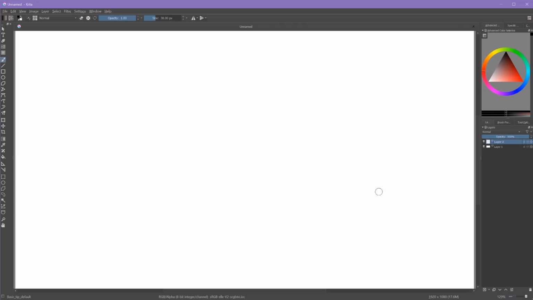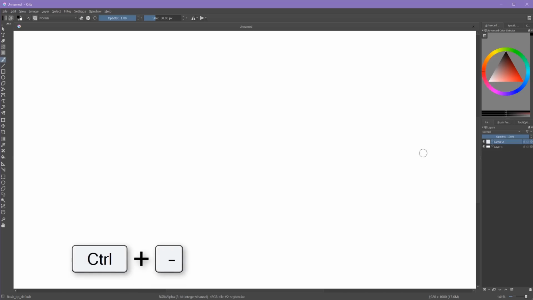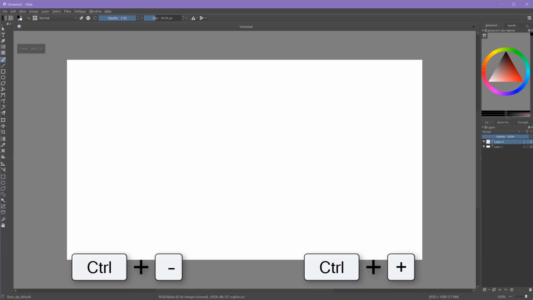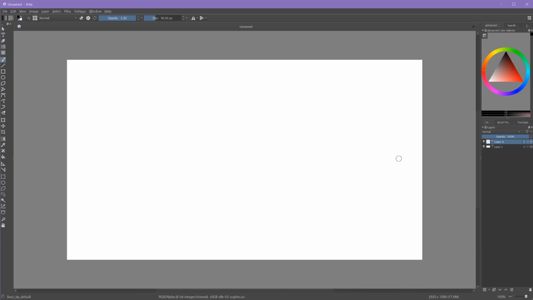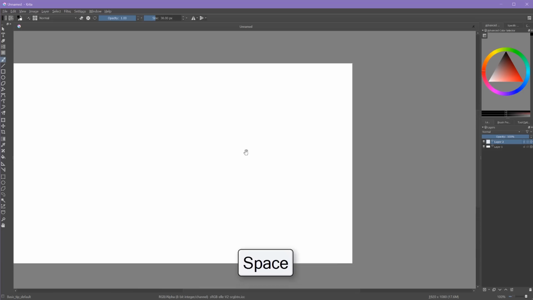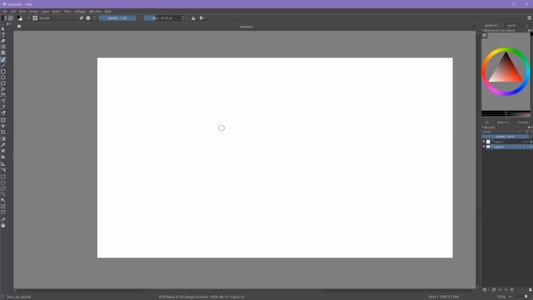So let's figure out how to navigate in Krita. To zoom in and out, it's minus and plus on your keyboard, on the top right by the backspace button. To pan around, hold down the space bar and your cursor will become a hand, and you can move around your page this way. To draw, we're going to grab our brush tool, which is right here, or we could press B as in boy to quickly get to our brush.